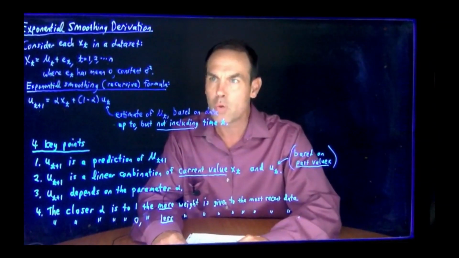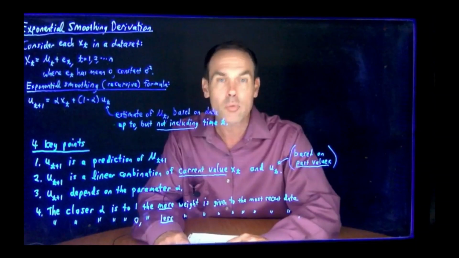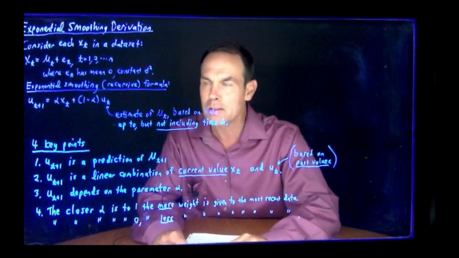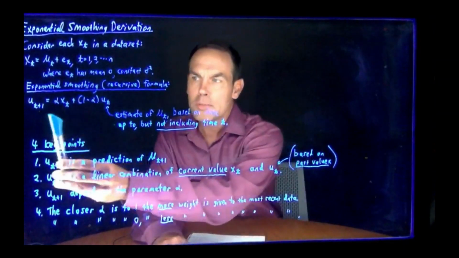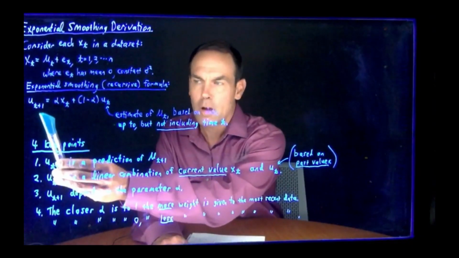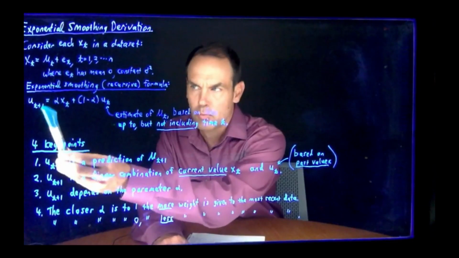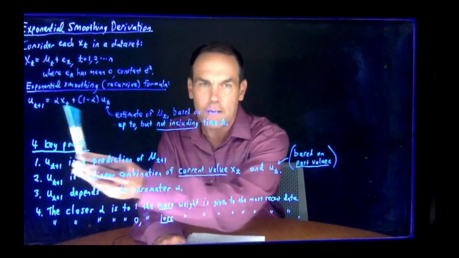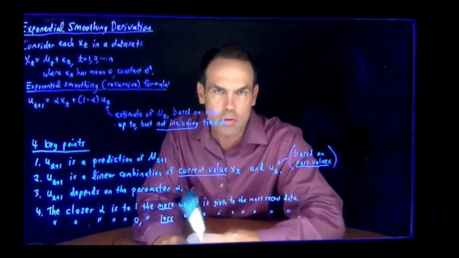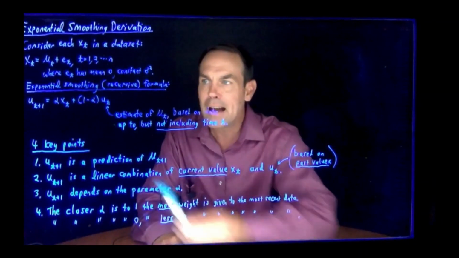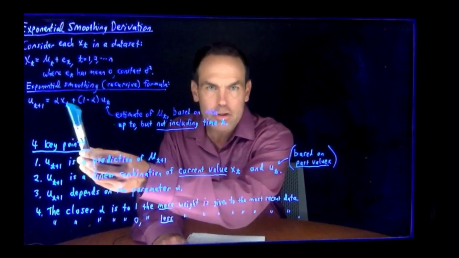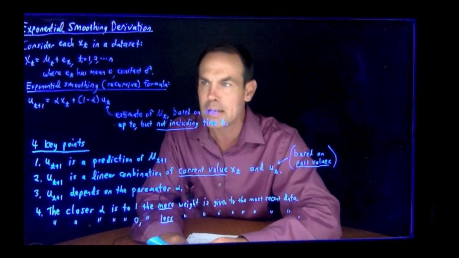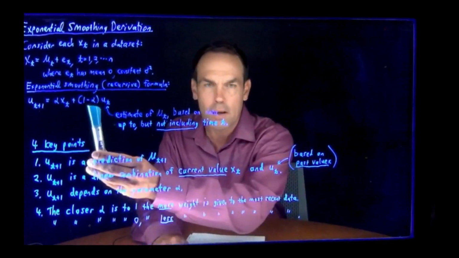So here is this formula. I've said here in parentheses that it's recursive, and we're going to get a good look at that. The formula looks like this: u sub t plus 1. I know we've not talked about u yet, but that's what we're forecasting. u sub t plus 1 equals alpha. Alpha is a smoothing parameter, also called a tuning parameter, times x sub t. x sub t is just the current value of x at the current time point t, plus 1 minus alpha